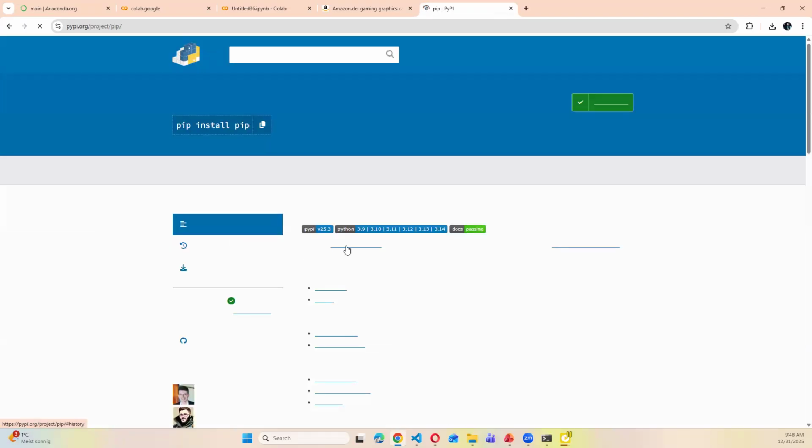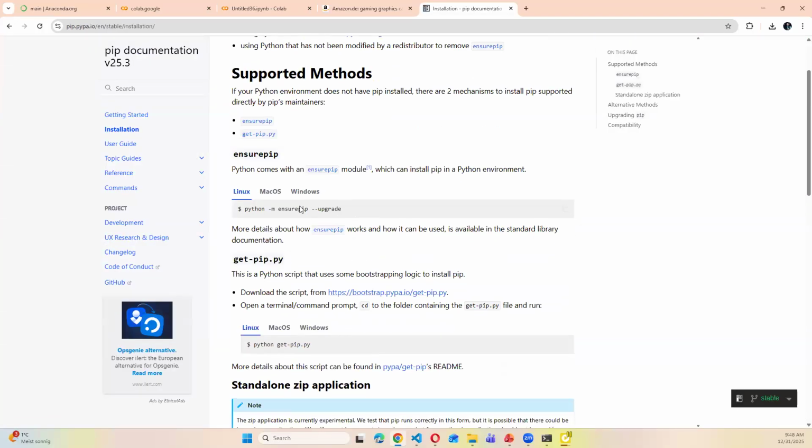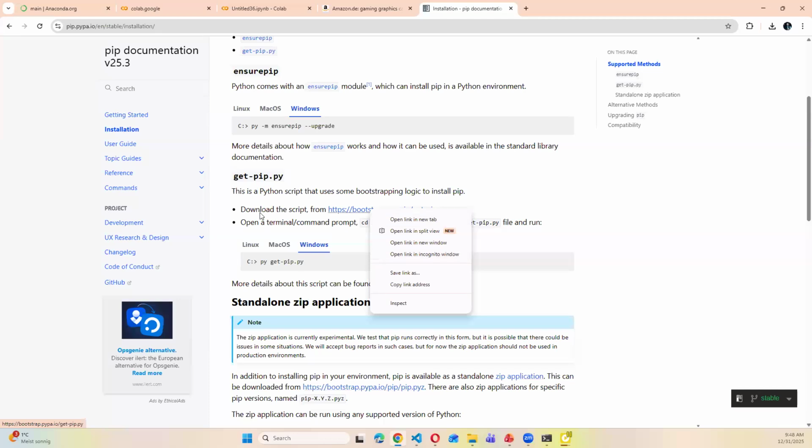Pip, yeah, installation. If I go, you can see here for Windows, I will click here, and can you see like get-pip.py? You will go to this one. This is a Python script that uses some bootstrapping logic to install pip. So you will install pip like this. You will download this script first of all, and then you will run it, as it was in the video. So you'll say python get-pip.py.